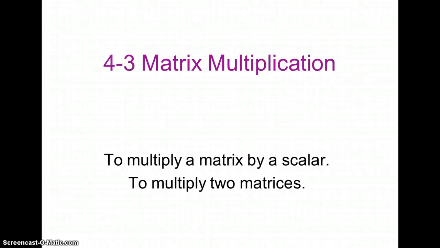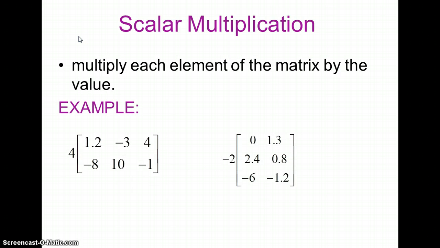Section 4.3, Matrix Multiplication. In this section, we're going to learn two types of multiplication with matrices. The first type is to simply multiply a matrix by a scalar, or a constant. And the second is to multiply two matrices together. In scalar multiplication, which is the simpler of the two versions of multiplication, we're simply taking a matrix times a